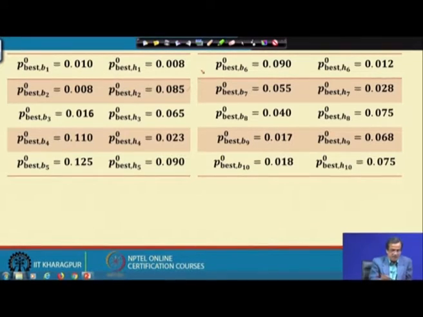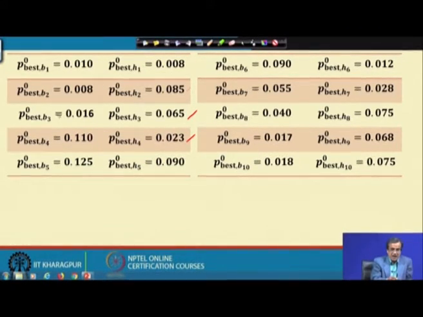Now, similarly, I can assign the other values, that is your P best comma B3 with respect to 0 is nothing but 0.016. Then P best comma H3 with respect to 0 is 0.065. Similarly, P best comma B4 with respect to 0 is nothing but 0.110. Then P best comma H4 with respect to 0 is nothing but 0.023.